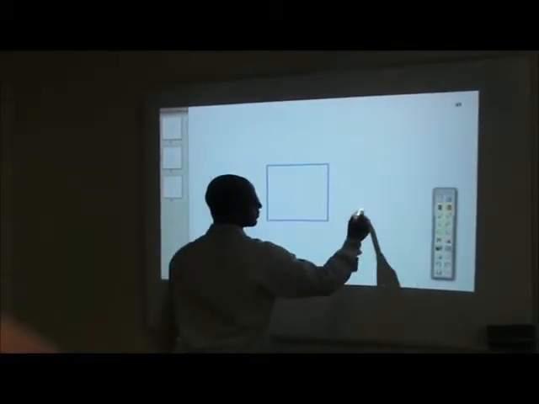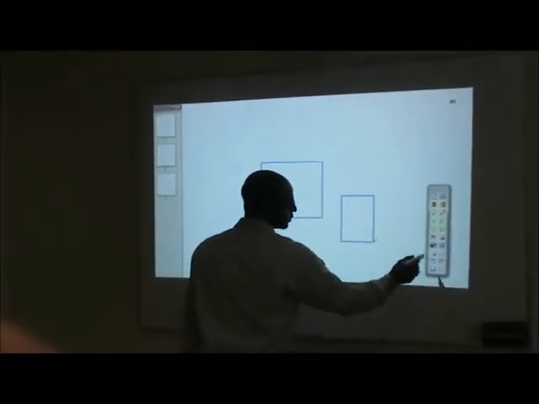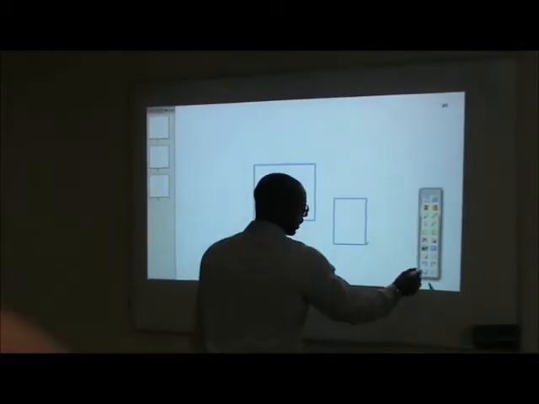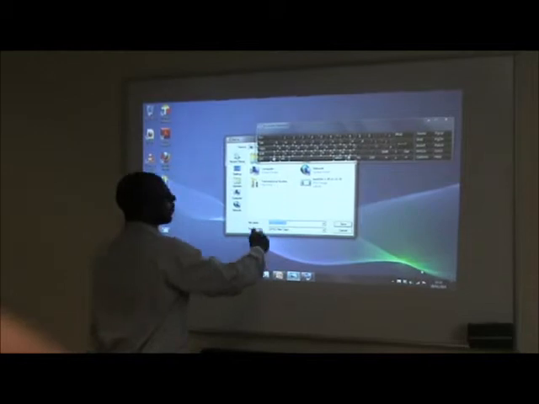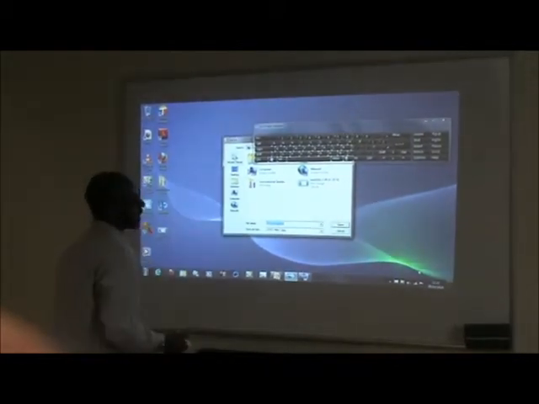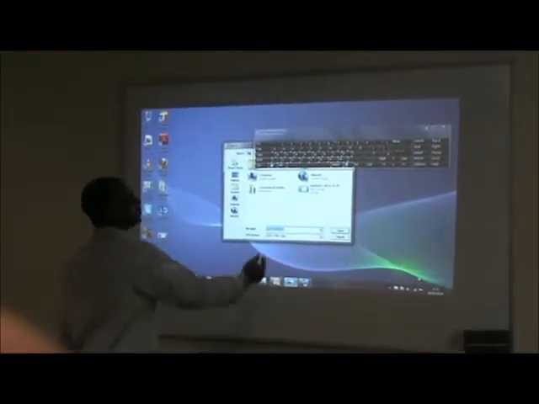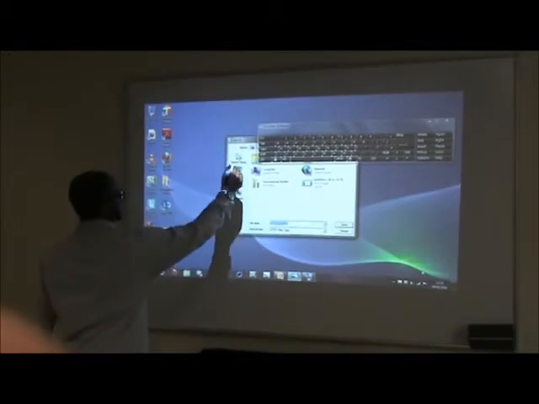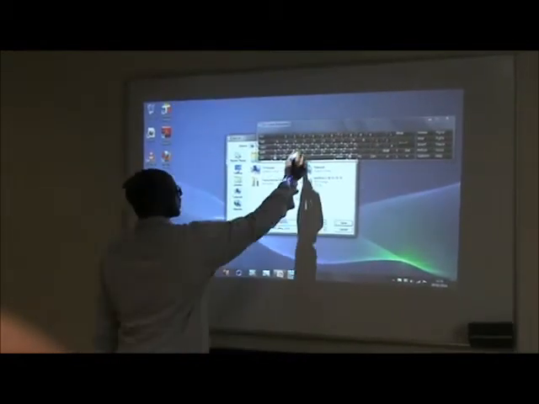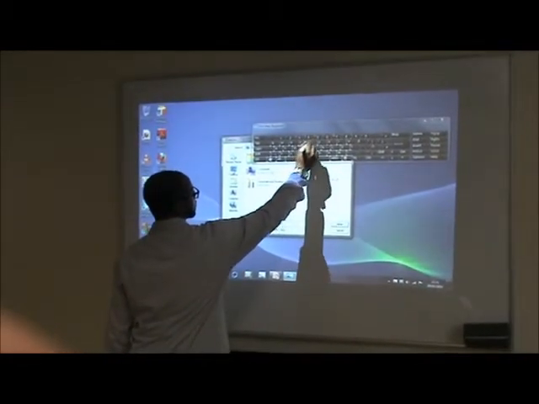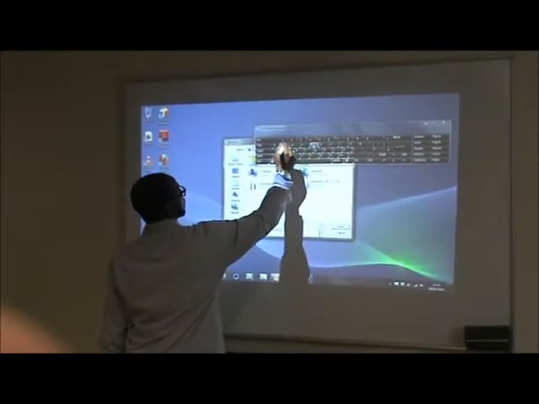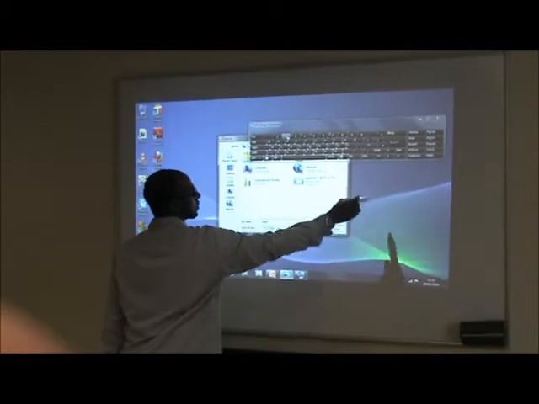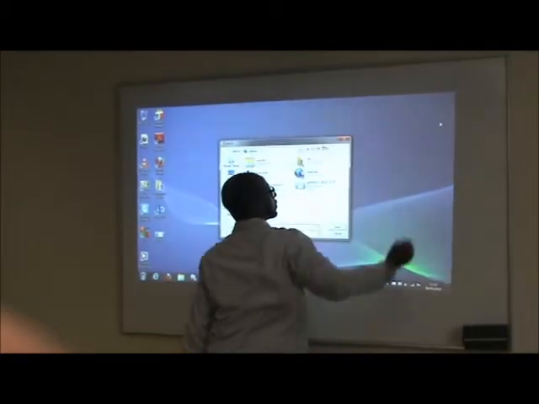Also, you have the undo button, and also you have the save button that will save all the documents you have on the whiteboard into a folder. For example, choose the desktop, give it a name, so let's say two, close,